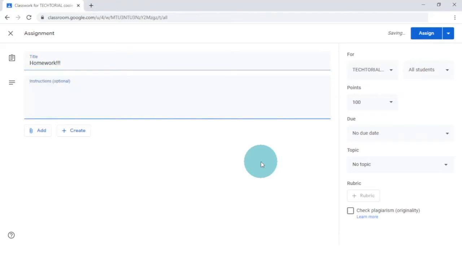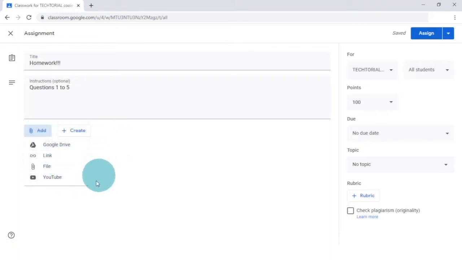You can type the name of your assignment in the title section here, and also add instructions to the instruction section. Other than simply writing instructions, Google Classroom also has a feature which allows you to add attachments for your students to refer to. To add an attachment, simply click on the paperclip button here with the text Add, and select any type of file you want to attach, such as files from your computer, Google Drive files, YouTube videos,